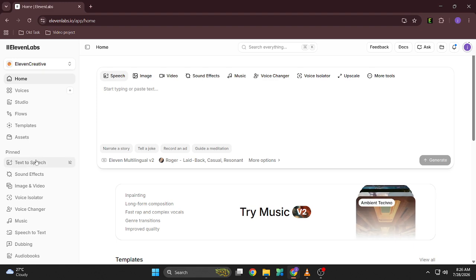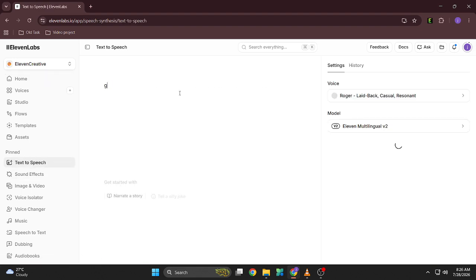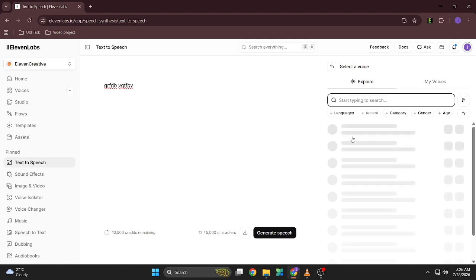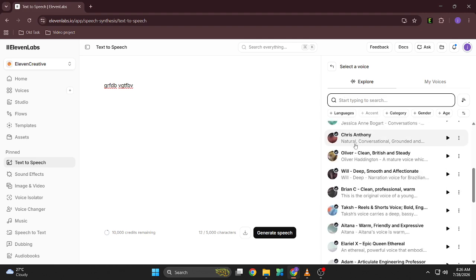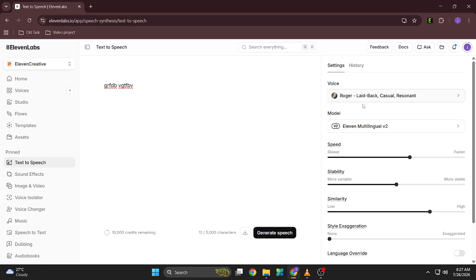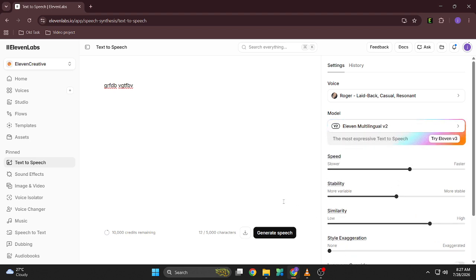Choose the text-to-speech tool and type or paste the text you want to convert into speech. Then select an AI voice that matches your project. You can preview different voices before generating the final audio. Adjust the available voice settings to achieve the style you're looking for. You may be able to modify factors like stability, pacing, emotion, pronunciation, or other options depending on the selected voice